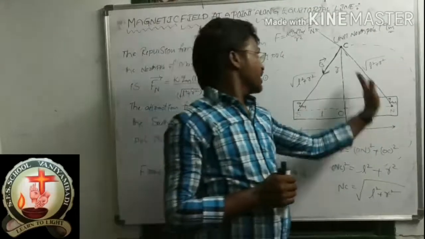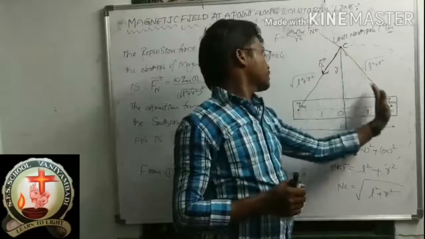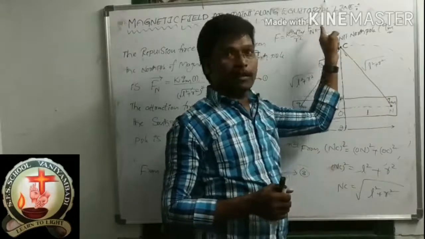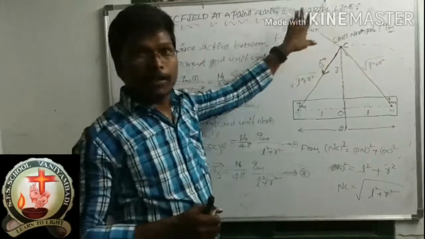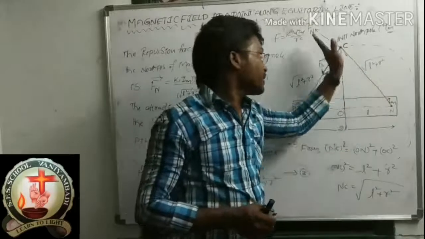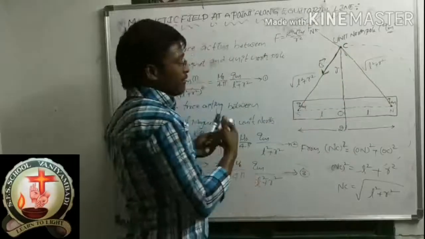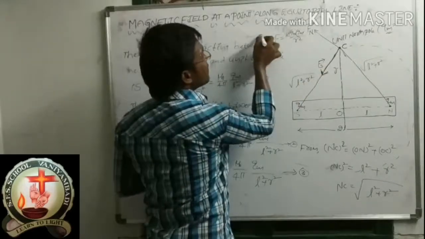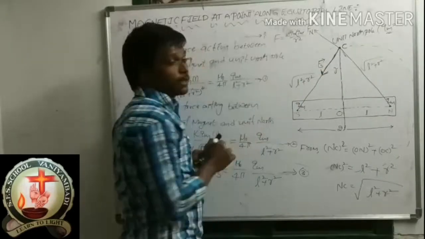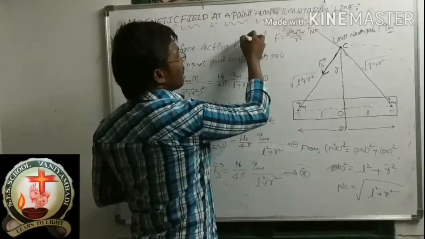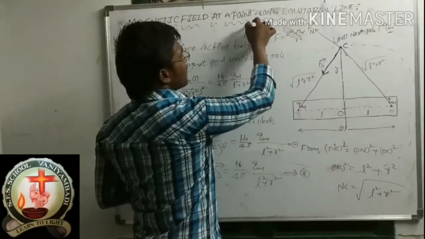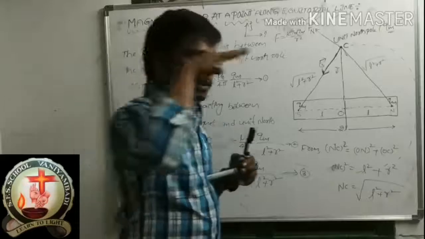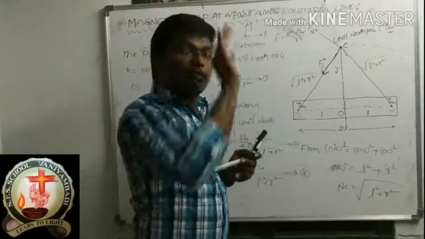The force is moving in this direction, and force is a vector. We know already, force is a vector, and this is moving in this direction. First, suppose a vector is moving horizontally, in this direction, that means this is the I cap. We know that. Another vector moving in this direction means that is the J cap. This is also we know. Horizontally moving means I cap. Vertically moving means J cap.